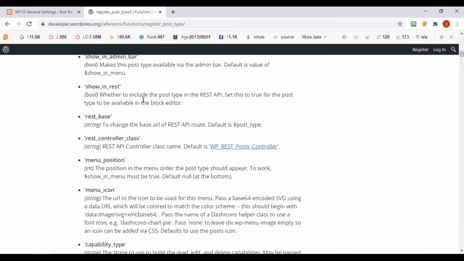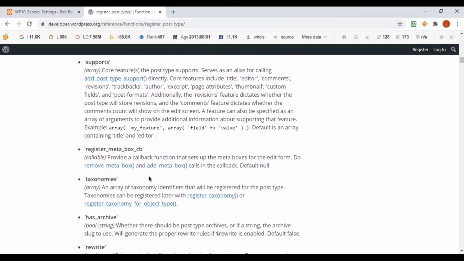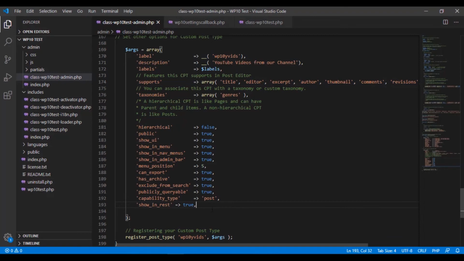Show an admin bar? No. Show in REST? Nope, we don't need that. See, there's a lot of stuff that's not even in mind, right? I was just showing you an example of all this stuff, and like I said, I like the ones that were built into this. So I wanted to show, like, can export? Nah, we wouldn't want it to be exportable. The menu position, this is where it is on your menu,